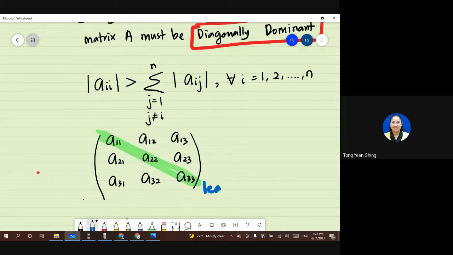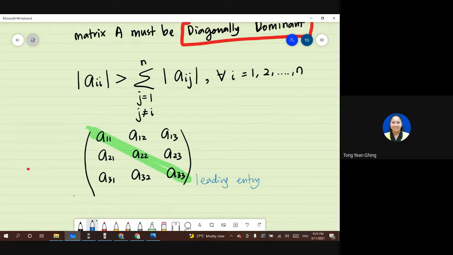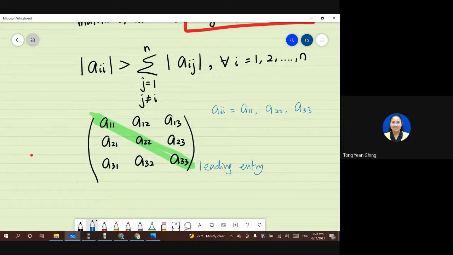So a_ii means the values at the leading entries: a11, a22 and a33. So the modulus of a11 has to be larger than the summation of a_ij,